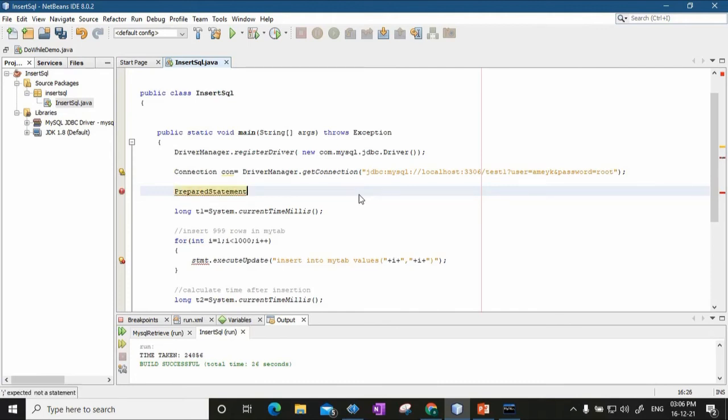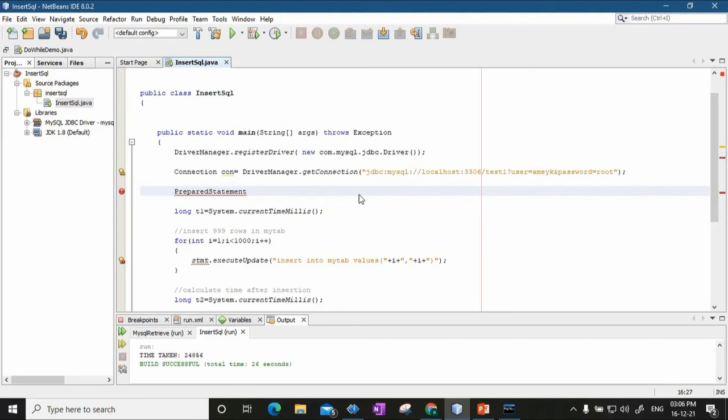What I am trying to do, using this prepared statement, is find out, whatever insertion we did with the statement interface, 999 rows, the time taken was 24,856. So I am checking what will be the change in the time taken to insert 999 rows if I was using prepared statement rather than a normal statement interface.